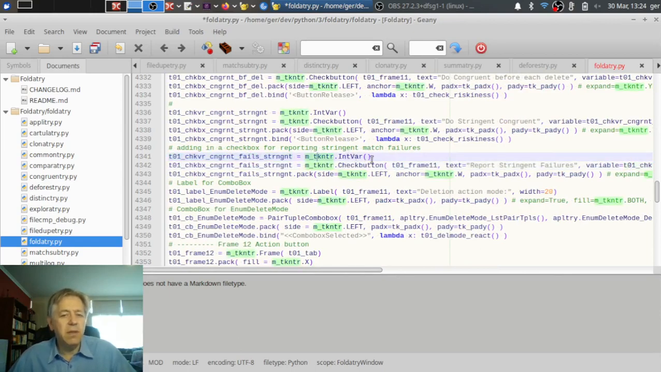Now this is about the GUI libraries and how those work, but actually all we really need to know therefore is that to set the value or to read the value of the checkbox is that variable there, that thing T01 check variable congruent fails stringent. So if I put that into the clipboard,